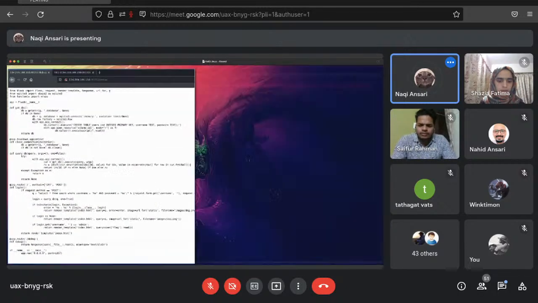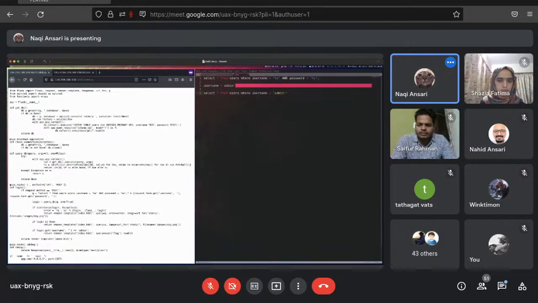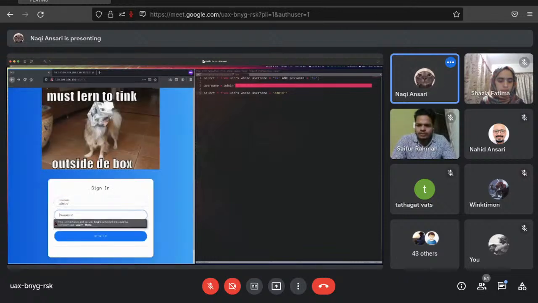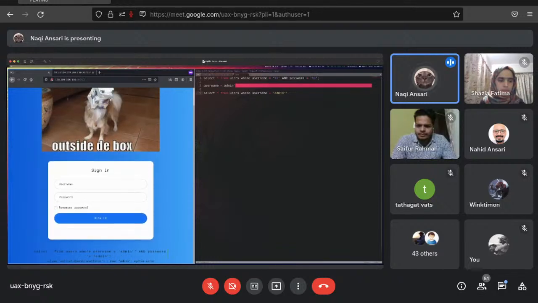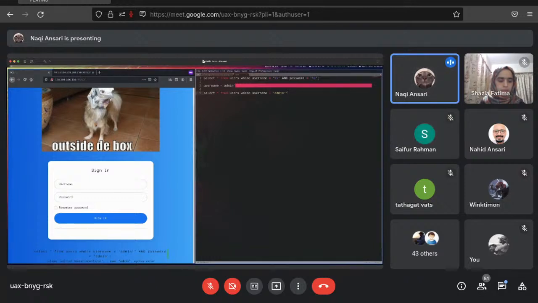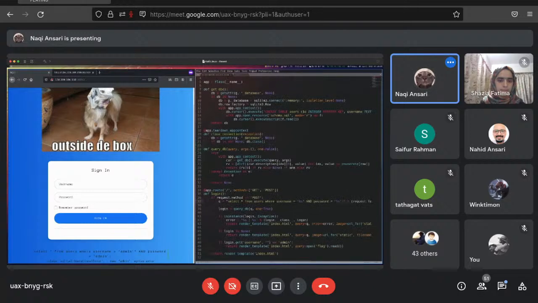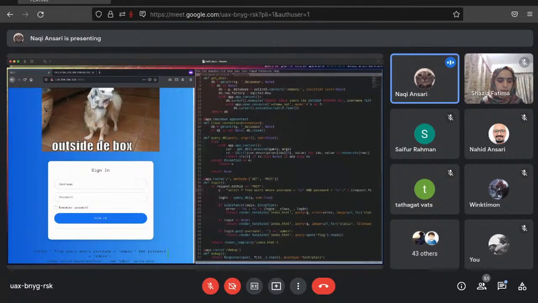let's see. If we try admin with an extra quote, it should error out. Okay, we get an SQL error, which is because our query is incorrect. As we've added an extra quote, we can see the error. Now to abuse this vulnerability, this query must return the user admin, the login should be successful, and it will read the flag out.